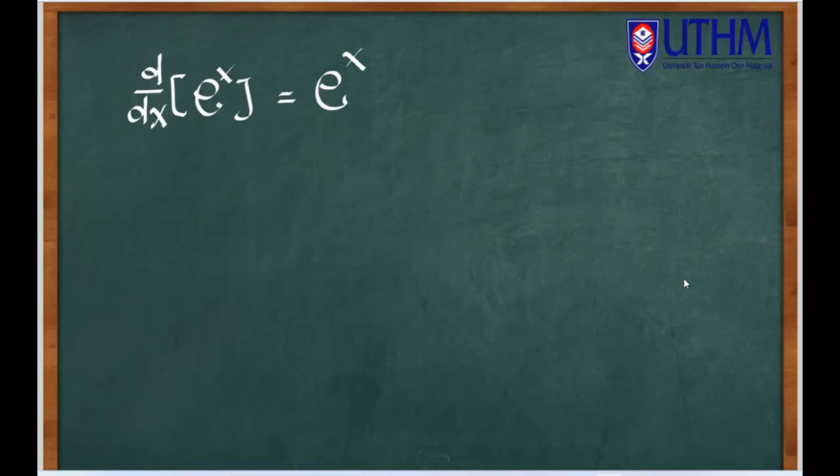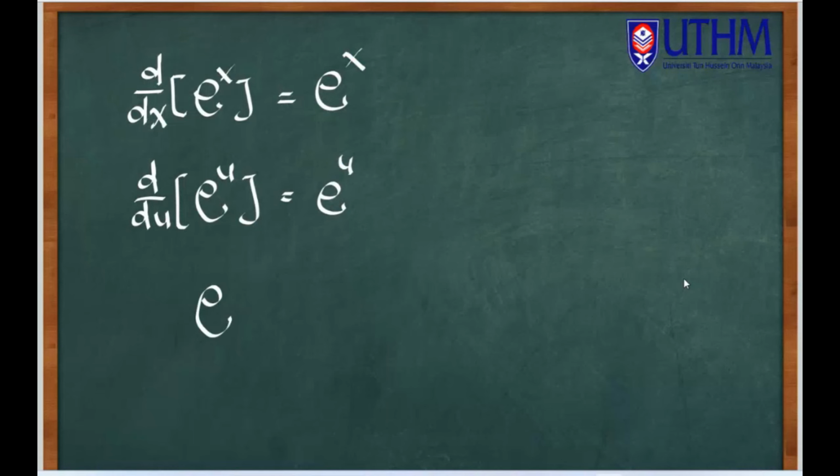And the same thing applies if we have a function of e^u and we differentiate it in terms of u, we get back e^u. However, if we have a function of exponential u(x),